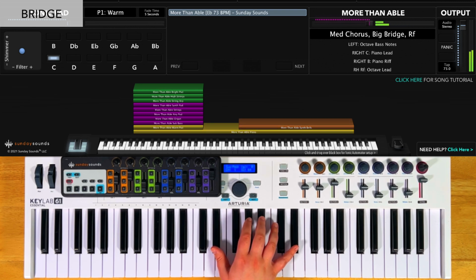So then for each chord, it changes. So for that first chord, and then the next chord,